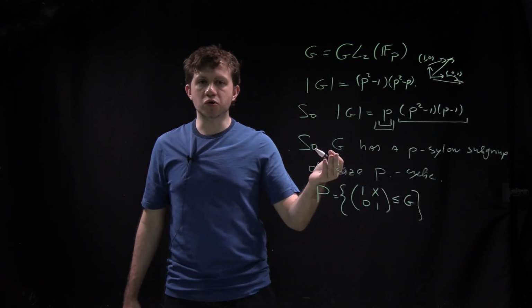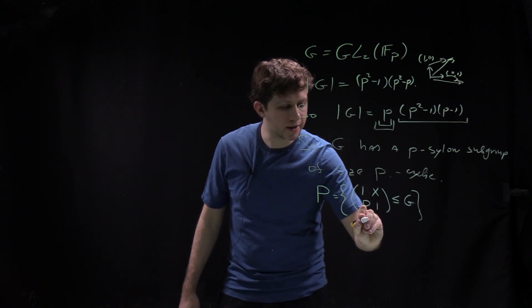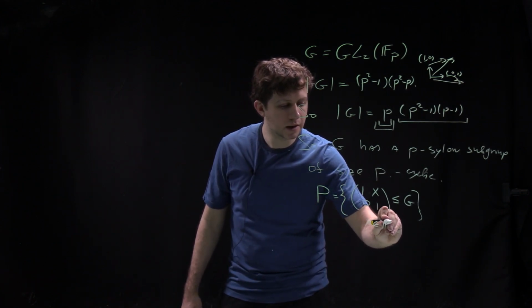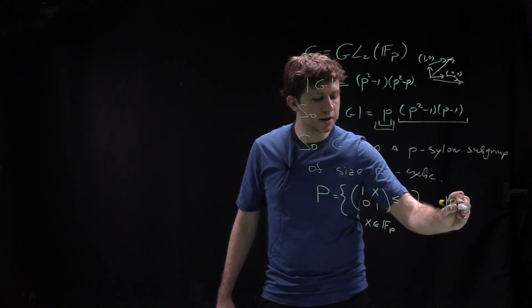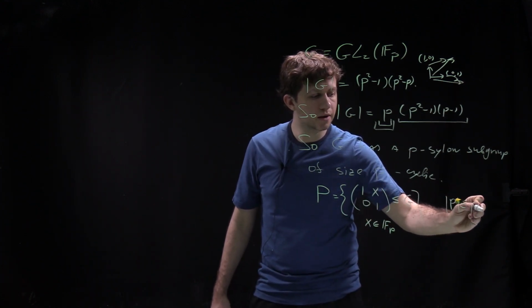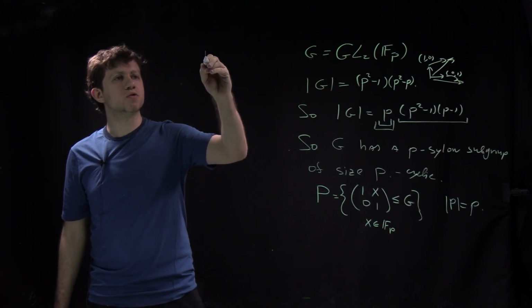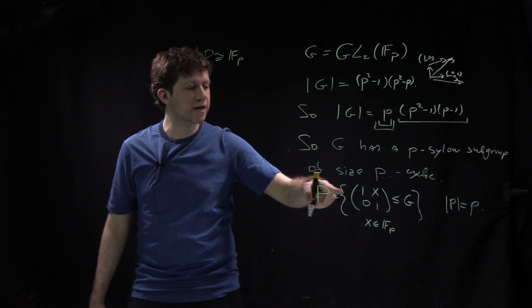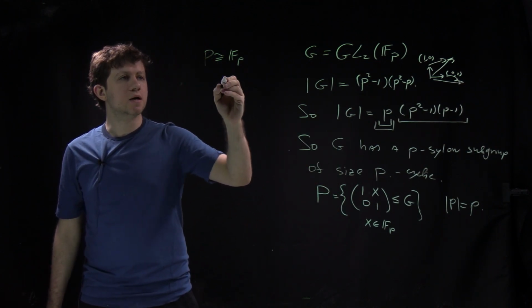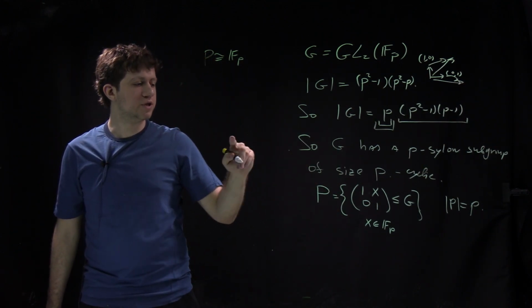So this matrix is always invertible, for any x inside Fp. And you see that the order of this subgroup is p, and actually it is just isomorphic to Fp. And the reason is that if you take an isomorphism, I will do the other direction,